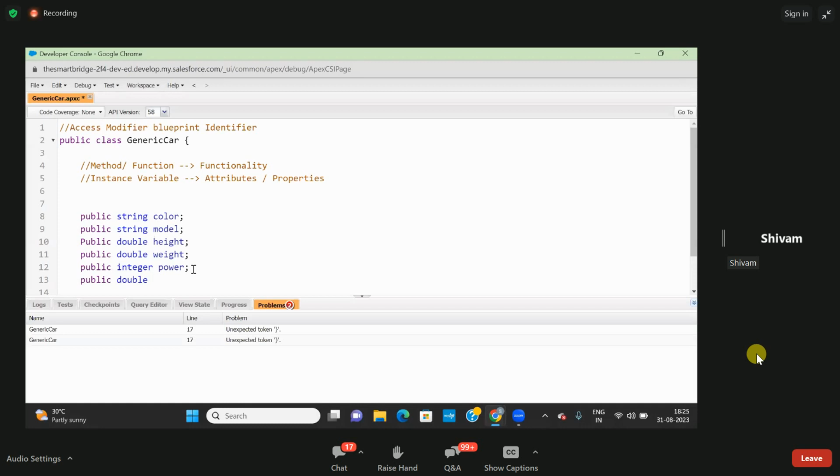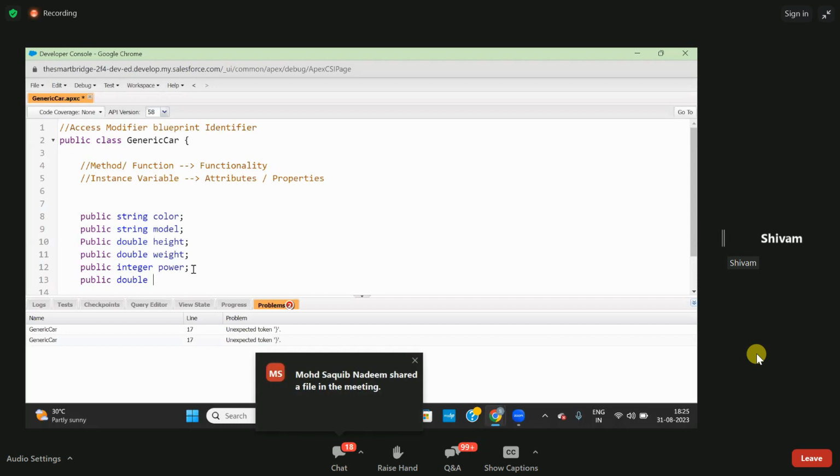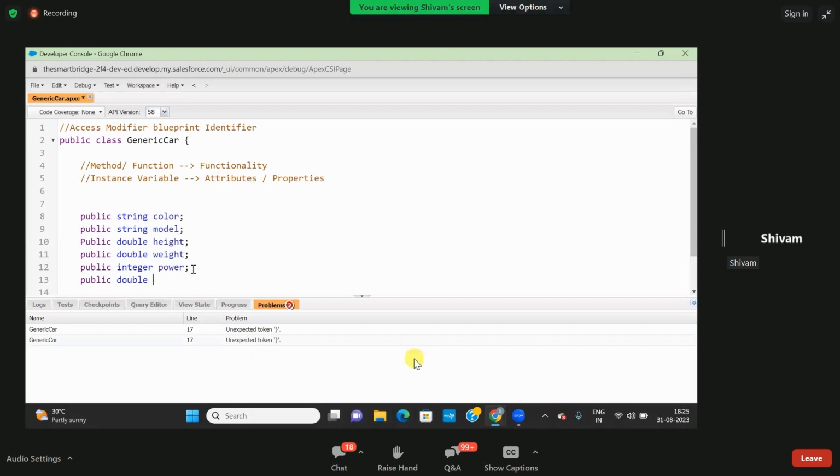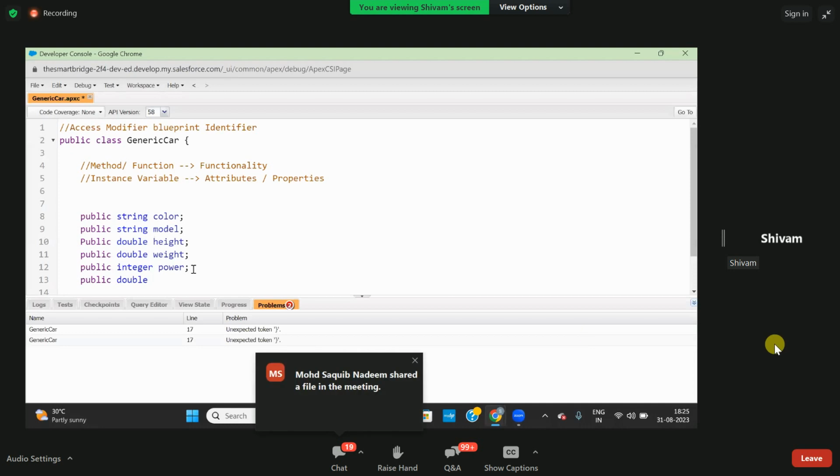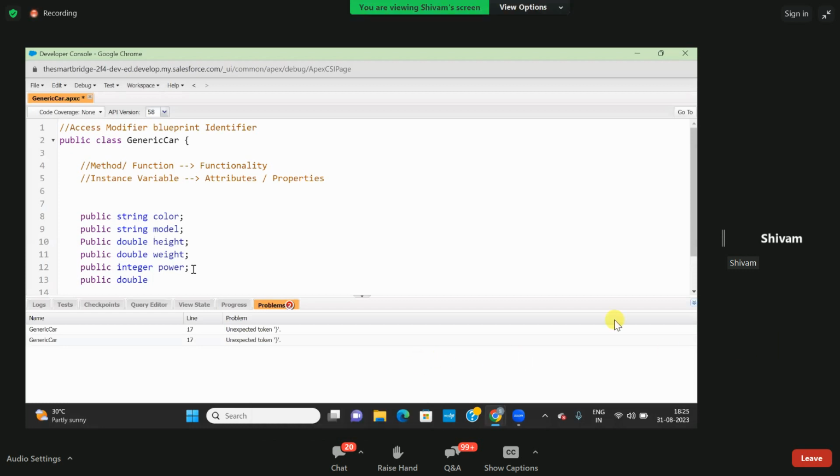Then we'll see how we can write the SOQL, Salesforce Object Query Language. Then we'll move to the real-time Apex class where we are going to insert, where we are going to use the list and all the collection data types. Then we are going to see how we can fetch the records by using SOQL. Is that clear? But for now, please try to understand this generic way, how the flow is running,